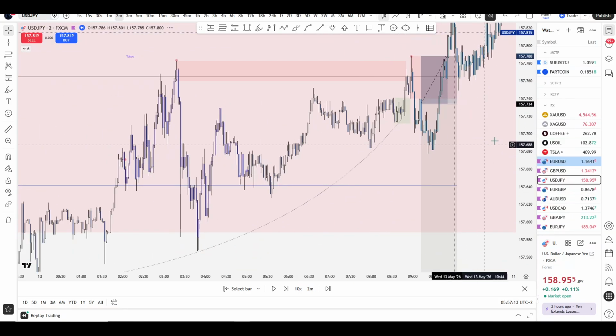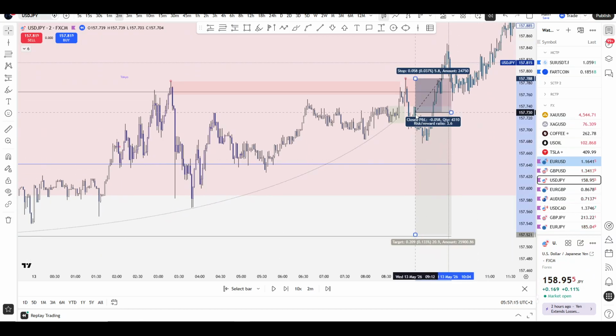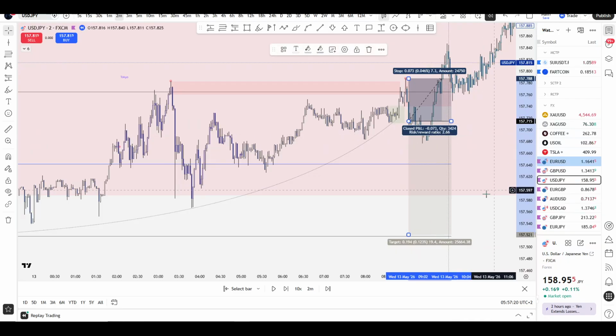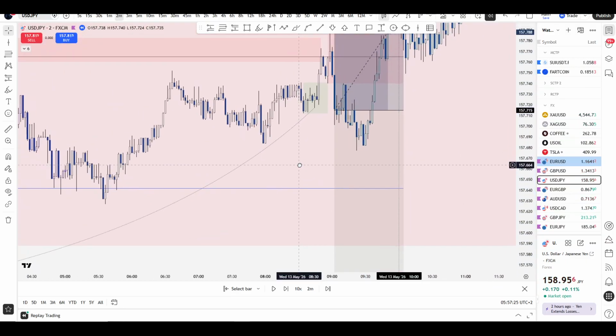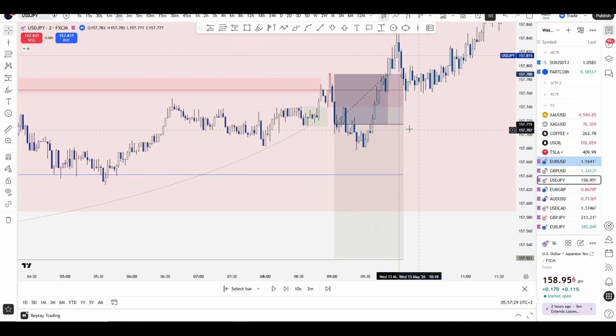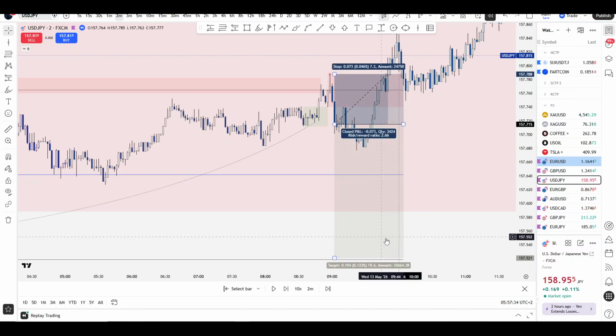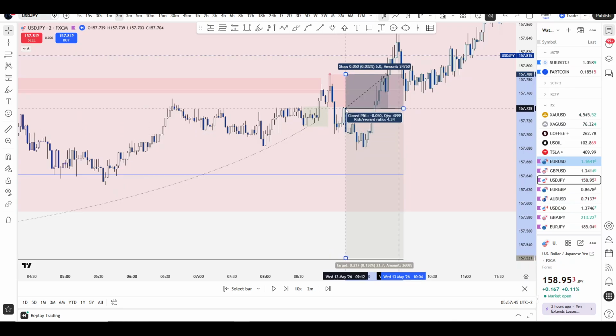So let me elaborate on this. If I would have entered on this candle closure here, it would be a 2.66 RR. It would be okay. And in Forex, I do trade these risk-reward ratios because I tend to hit TP in several hours. But in this case, I really don't want to enter this low in the range, and I waited for some sort of a retest.